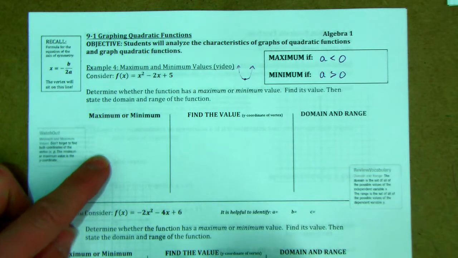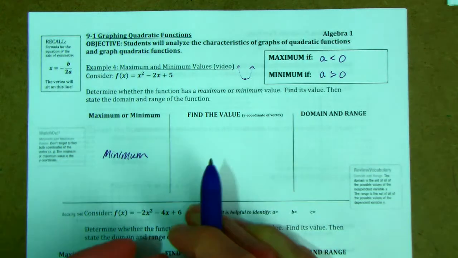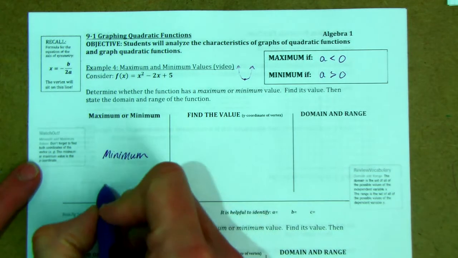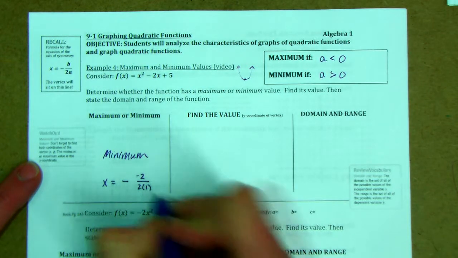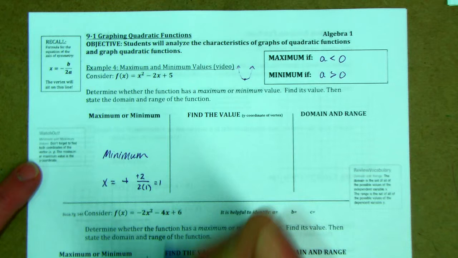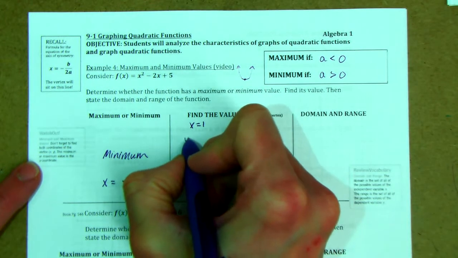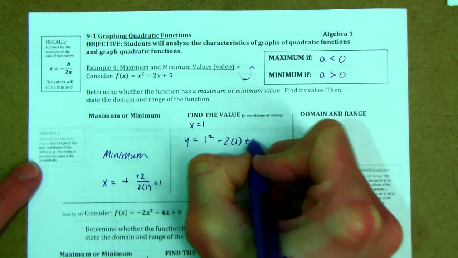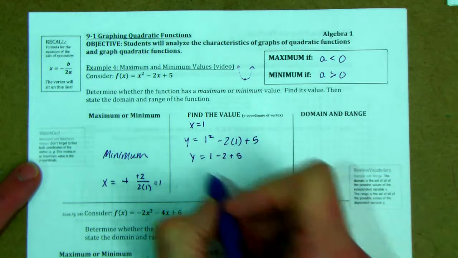And then I want you to find the vertex. So we are going to start with finding x. So x equals negative b over 2a. So we got negative negative 2 over 2a. So guess what? We have a positive 1. So if x is 1, then y becomes whatever we get when we plug 1 in. So 1 squared minus 2 times 1 plus 5. So y is 1 minus 2 plus 5, or y is 4. So our minimum value is y is 4